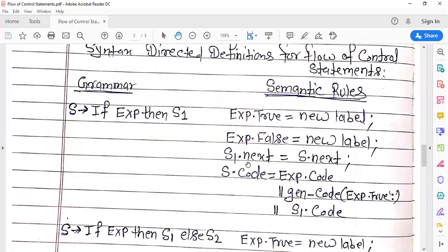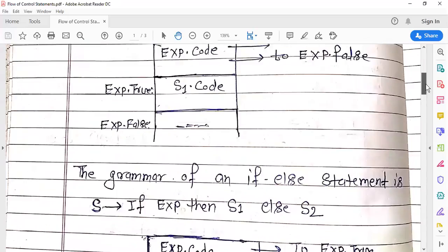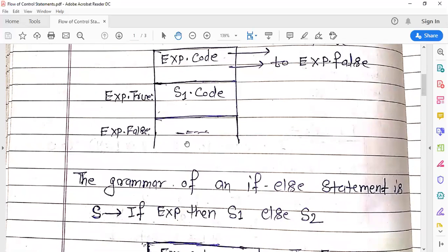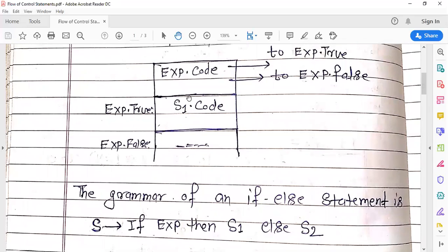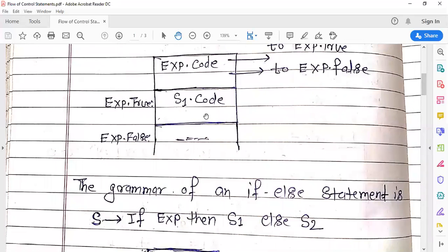Next is S1.next equal to S.next. If this boolean expression is false, then what is the next statement? This is the next statement after the true statement.